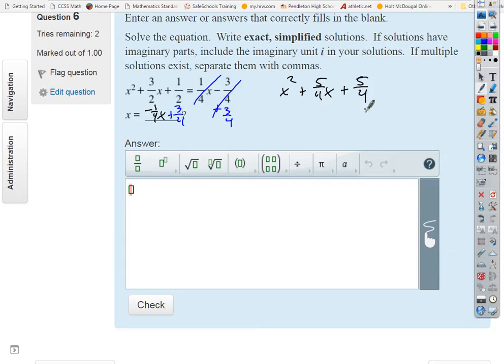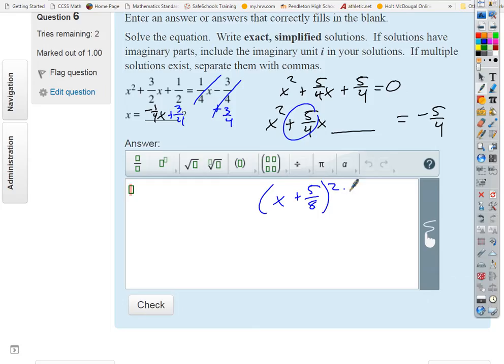Okay, so now we'll gather the x terms on one side, leave a space, and we'll push the other stuff to the other side. So we'll push the negative 5/4 to the other side. So when I complete the square, I get x plus half of 5/4 is 5/8, which means I need to add to both sides 5/8 squared, which is 25/64,